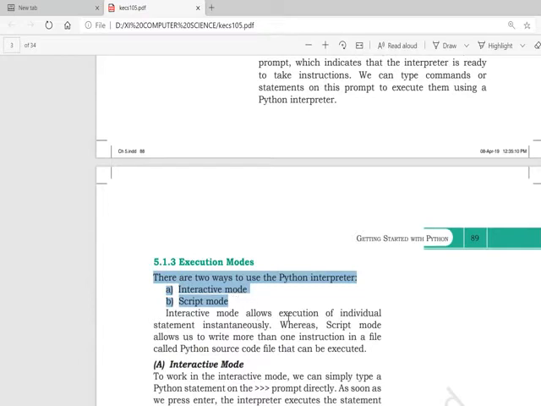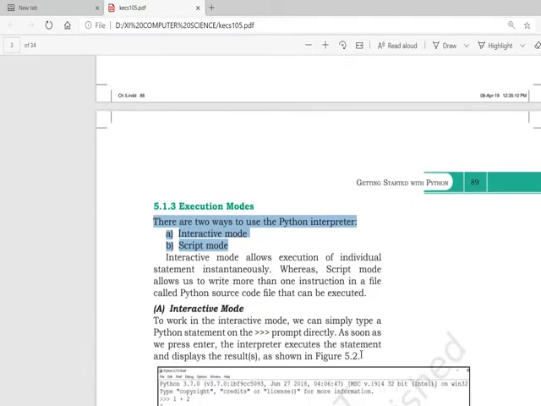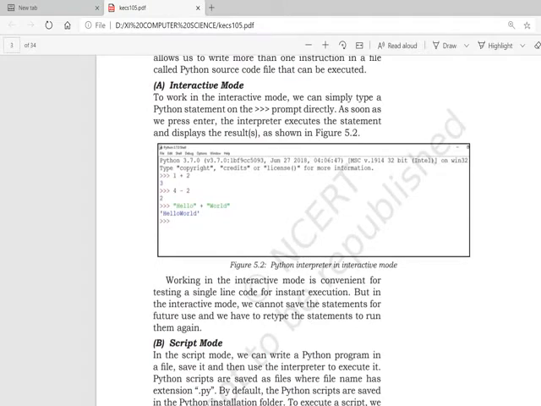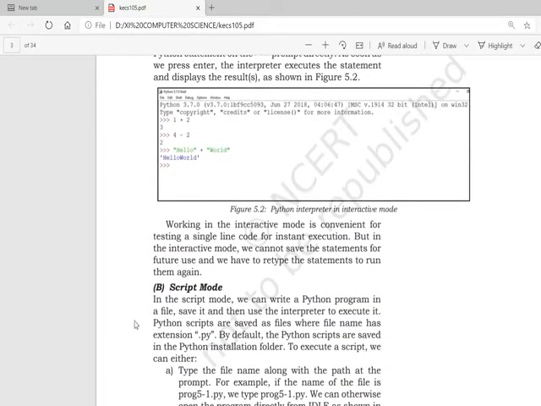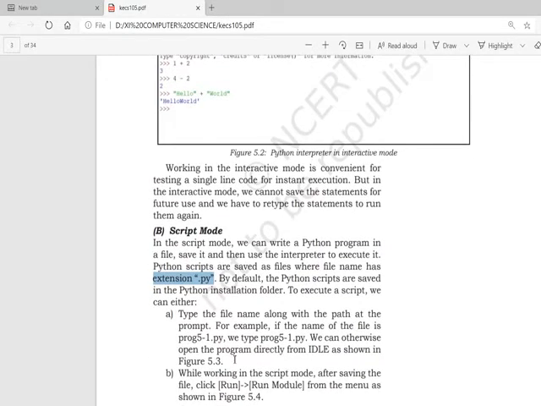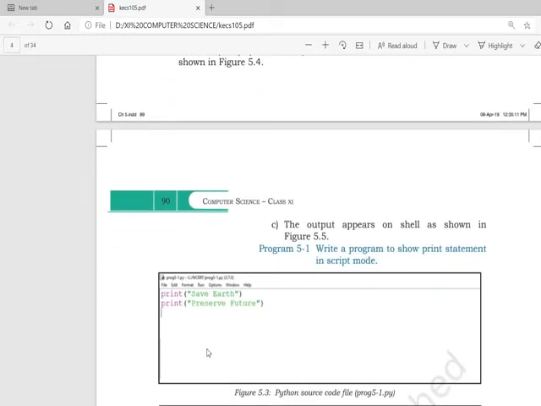So in Python there are two ways to use the Python interpreter: the first is interactive mode, and the second is script mode. Both we have experienced now.